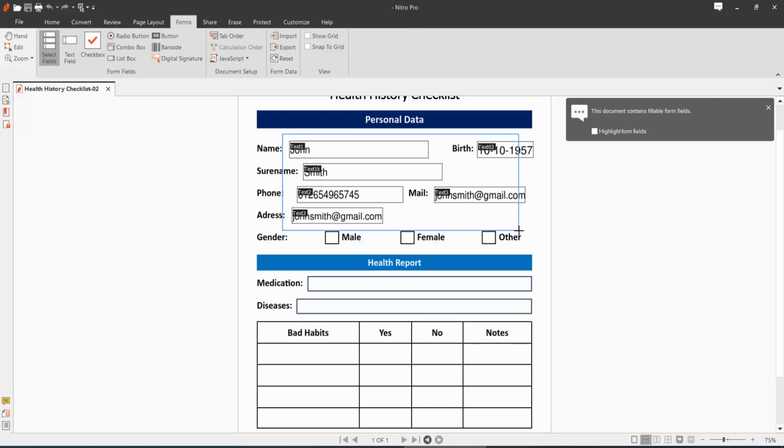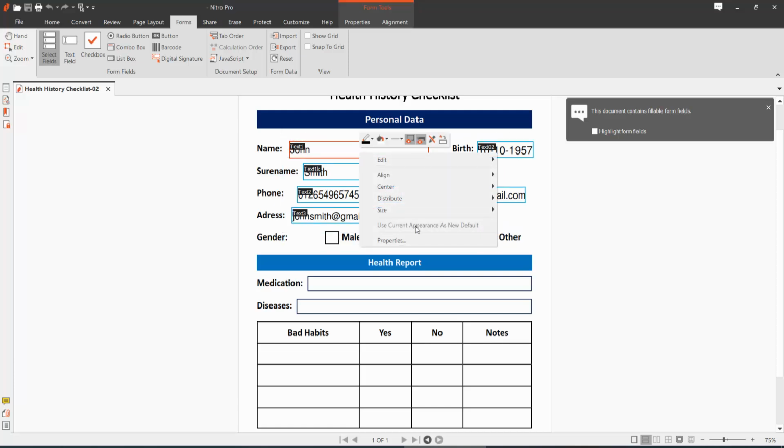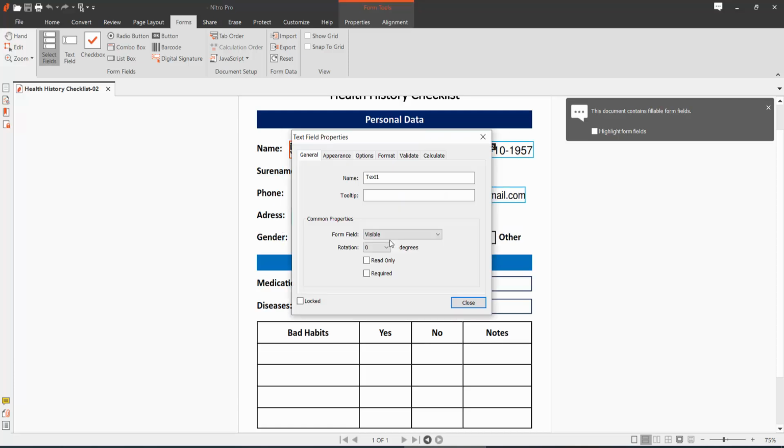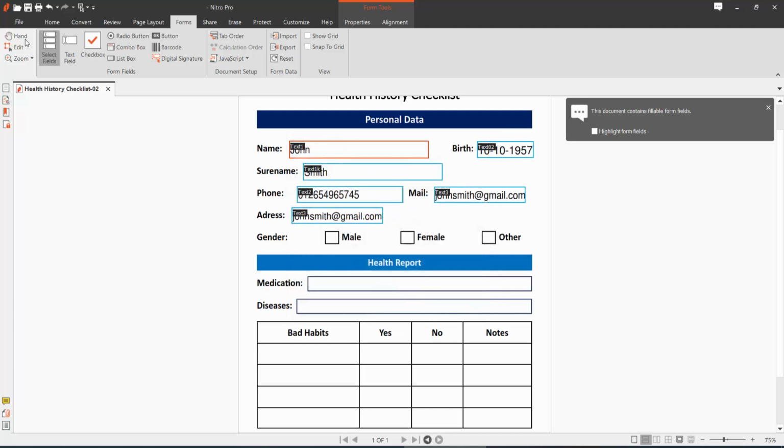Now select all of this. Now click the right button and select the properties option. In the properties dialog box, go to the general option, and here you will find this required option. Now select close and click the hand option, and all of these text boxes are now made required, and you have to